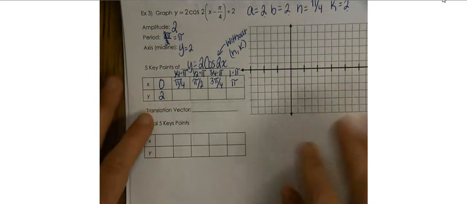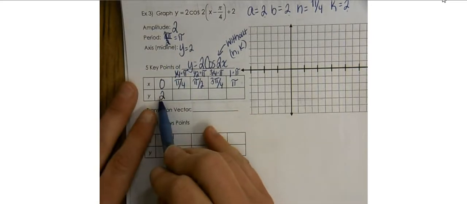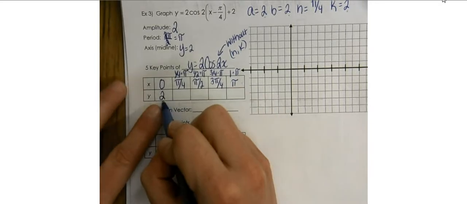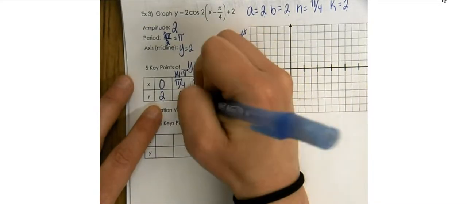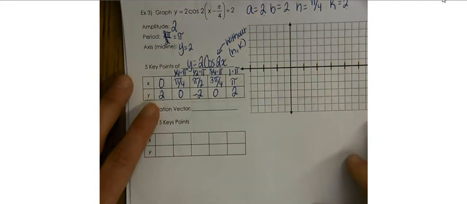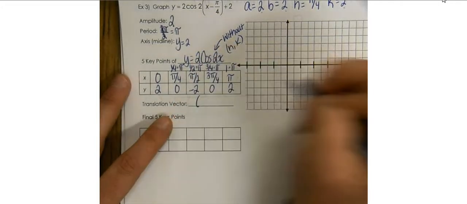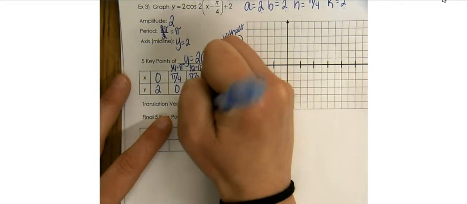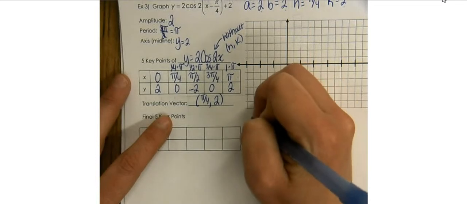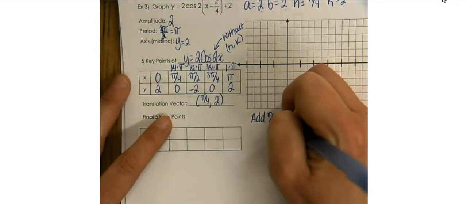So now I'm going to write out my y values for cosine. Cosine starts up, so it goes up, 0, down, 0, up. So up at 2, then back to 0, then down to negative 2, then back to 0, and then up at 2. My translation vector is going to be h, k, and my h value is pi over 4, and my k value is 2. So what this means is that I'm going to add pi over 4 to all x values,